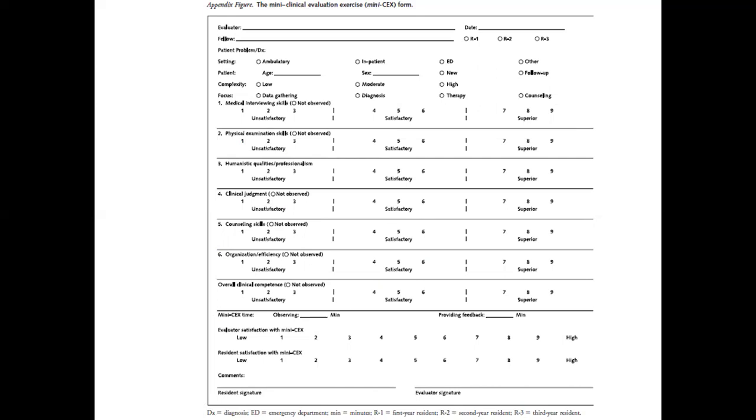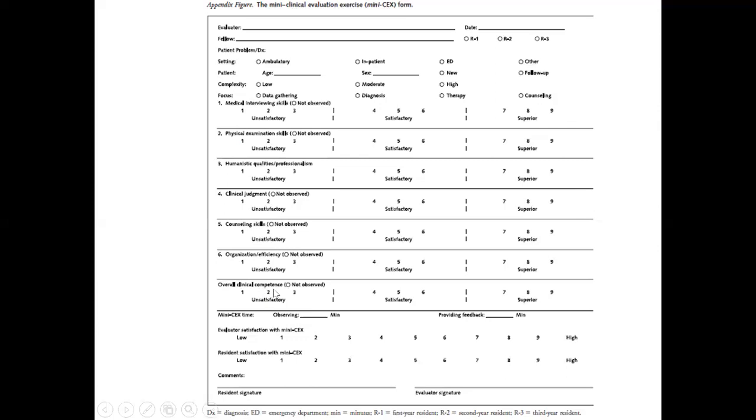The therapist, or here we can say the clinician, or the clinical supervisor or the faculty member, will check what the focus is, and assess which aspects of the management, either the examination, diagnosis, or the treatment. Then there will be other aspects, other competencies as well, like humanistic qualities, professionalism, which may be the affective domain, the clinical judgment, the counseling skill, the organization efficiency, and overall clinical